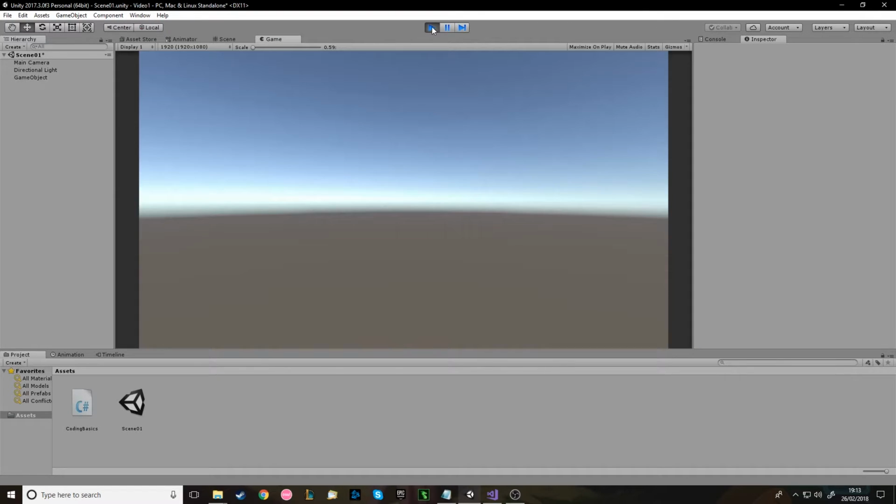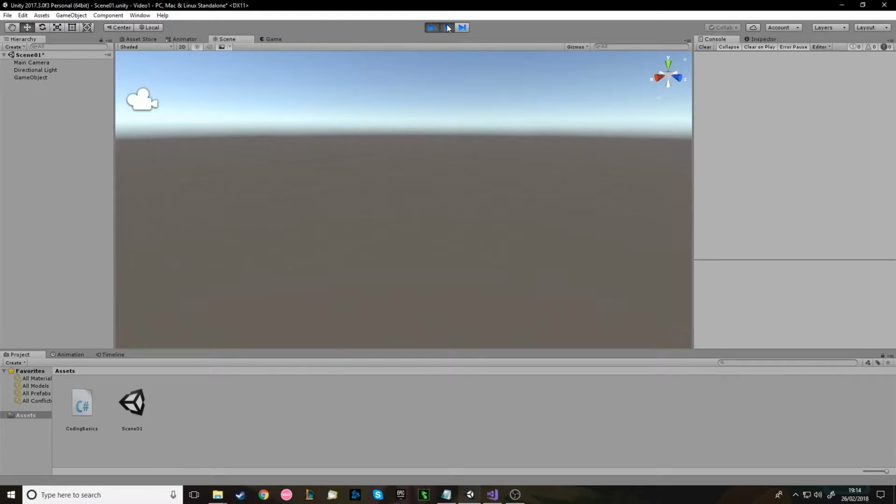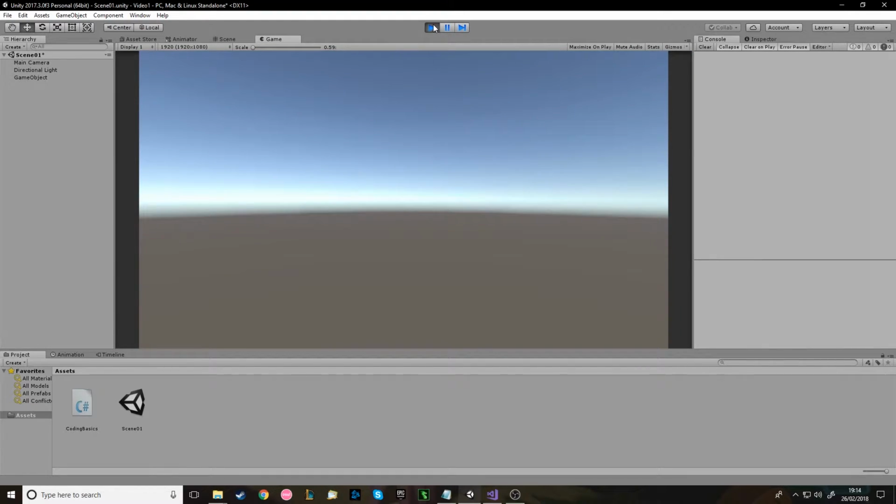assuming I've not done something wrong, if I click on the console here, it says hello. And we'll also go through these little buttons here. Clear, when you click on it, clears the log, so clear, it's gone. Collapse means that if the same message gets output more than once, rather than spamming it all the way down here, it just adds a little 1 to a counter on the side. I'll show you that in a second. Clear on play just means it does the clear every time you stop and start the game. And error pause means the game will pause itself temporarily when there's an error,